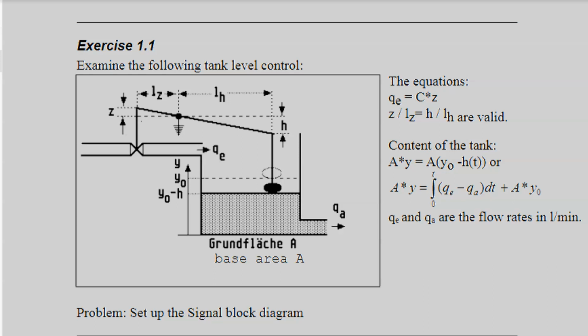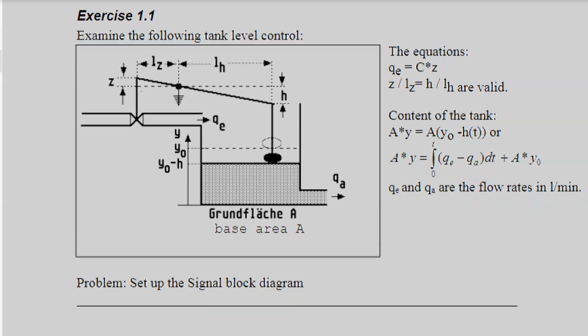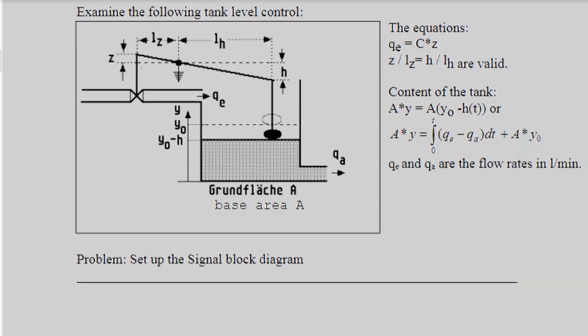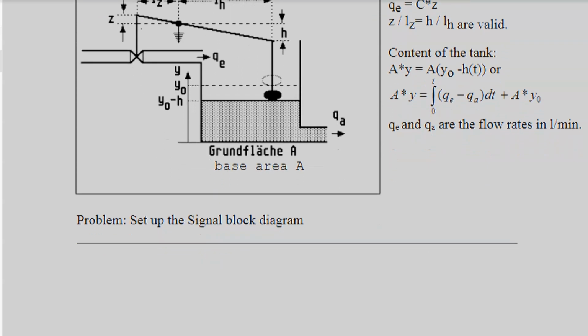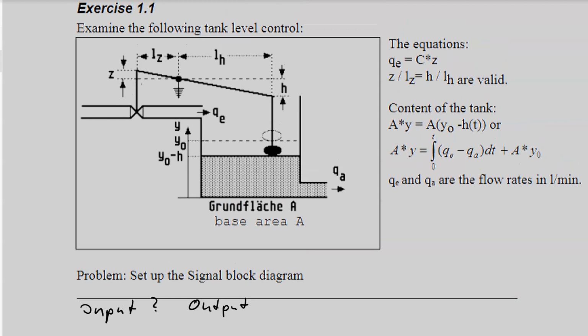Task: we want to have the signal block diagram of the system, and you will see, if I do this in the end of this task, you will see this looks very similar to the single loop control loop system, the standard loop, what we have discussed in previous sections. Okay, first, if you want to have the block diagram, we have to find out what is input and what is output. That is not so trivial in this system, because